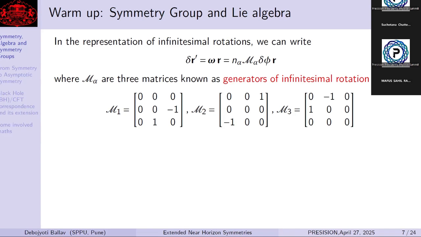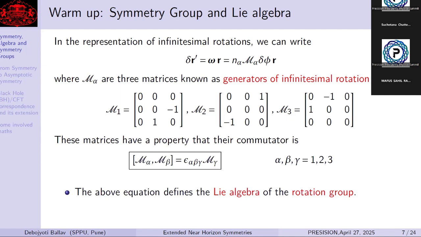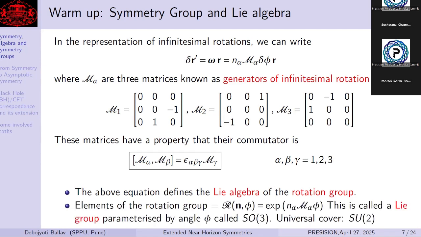So these are the generators, and if we calculate their commutators, we get a commutator algebra, which is given by this, the usual angular momentum algebra. This is called a Lie group because these parameters are continuous, and if we continuously change those parameters, we get the different elements of that group. And the elements of this rotation group are those rotation matrices. These are the representations of those groups, typically speaking. Rotations are abstract elements, and those representations we got by exponentiating these generators of that group.